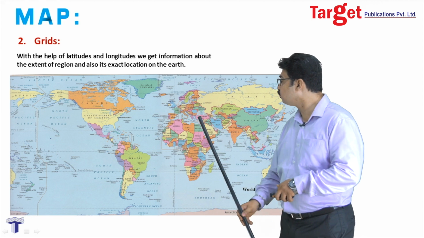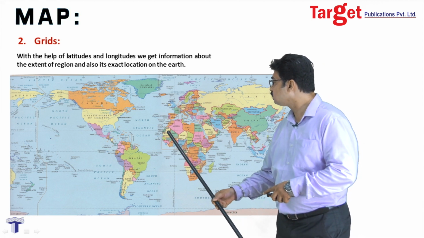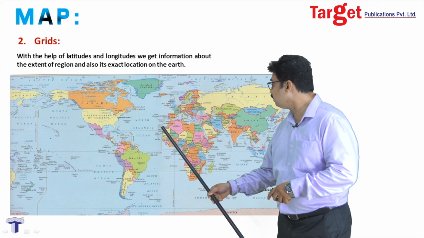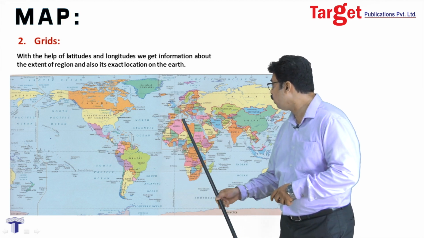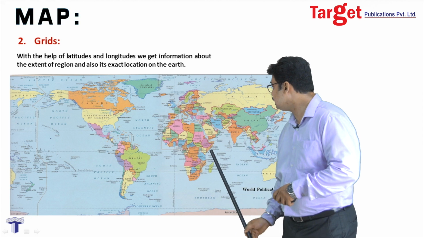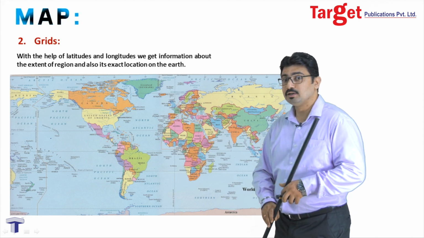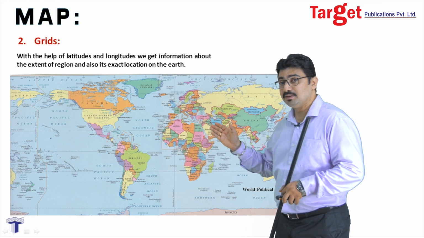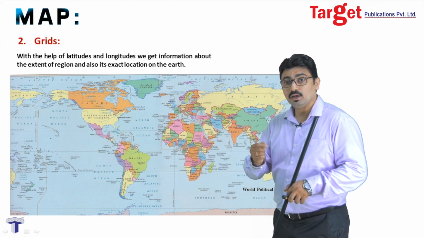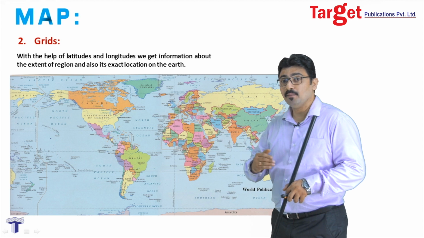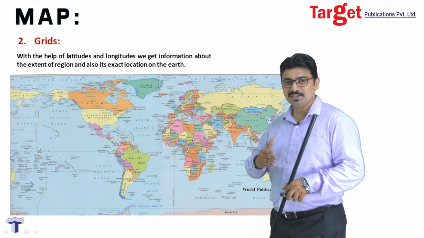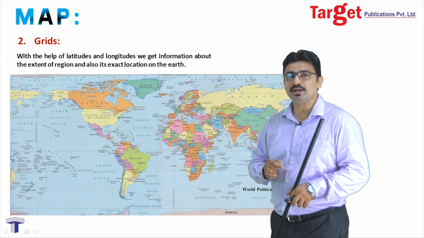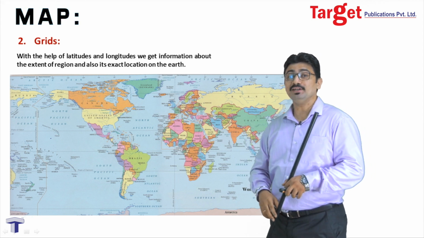Similarly, if we try to understand the longitudes part of it, what is the extent of longitudes? The extreme leftmost longitude touching the African continent is 17 degrees 10 minutes west, and it goes up to 51 degrees 10 minutes east. So, it goes from 17 degrees 10 minutes west to 51 degrees 10 minutes east. Again, we see that it crosses from the western hemisphere to the eastern hemisphere, which indicates that the 0 degree prime meridian passes through the African continent.